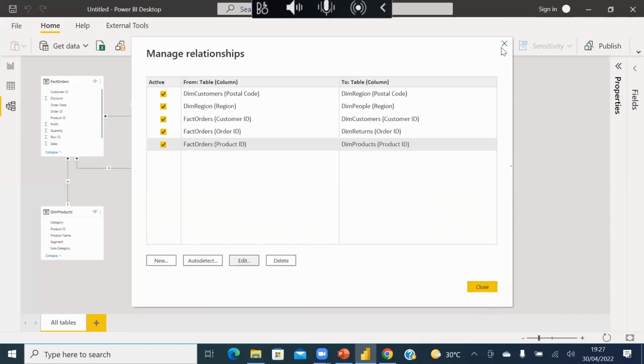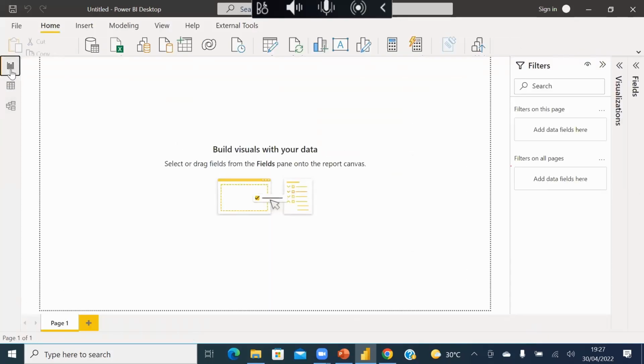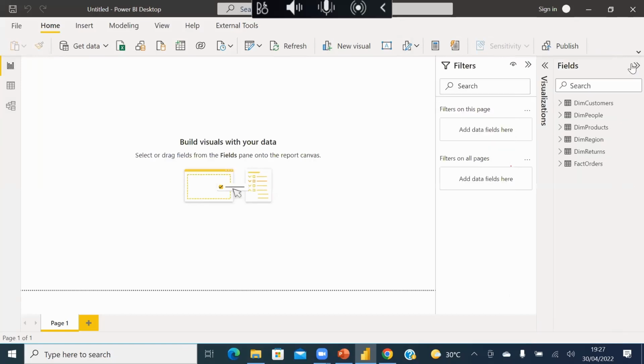That's great. So the only thing that is missing from our table right now is a date table. We don't have a date table. But how about we don't create a date table until we see the need for it, right? So let's go on. So now we want to create our first report in Power BI.